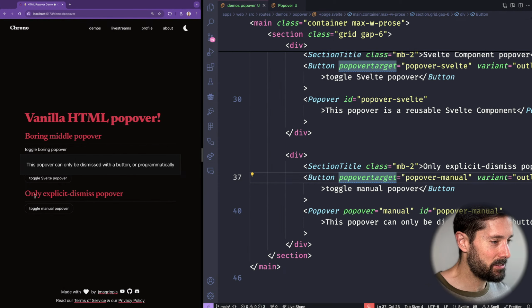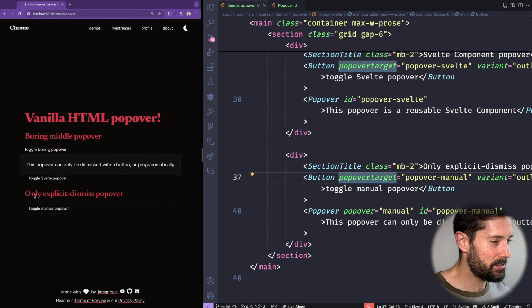This is not the default. If you just put Popover, you will enter in the auto mode, which will listen for things that usually mean escape. And for the Popover target, you can combo it with popover target action. So by default it's the toggle, but you can have dedicated show and hide popover buttons here. This one will show and hide it, but